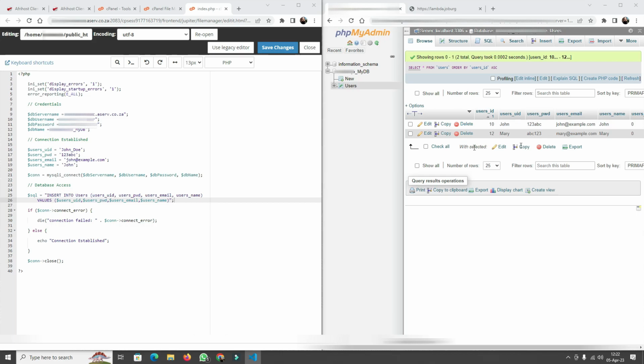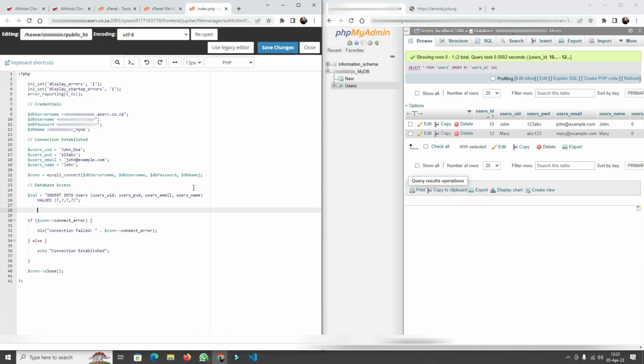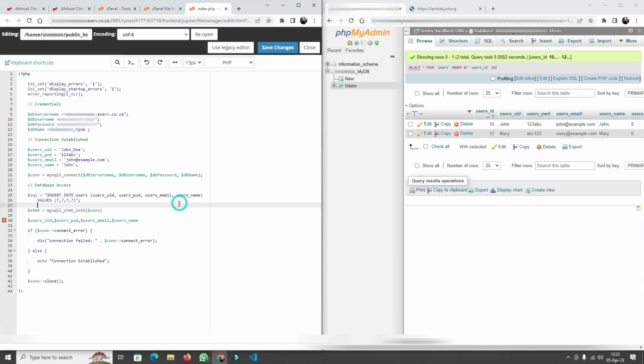and make sure that no data has been injected into our database that might be able to corrupt our data. And so to do that, we're going to take our query, and instead of passing in the variables, we're only going to pass in question marks, which resemble undefined values at this point. And then the variable names will be bound to the statement in just a bit. So what we're going to do is declare a statement variable, which we will set equal to mysqli_stmt_init, and then we're going to pass in the connection variable, close off that line with a semicolon,